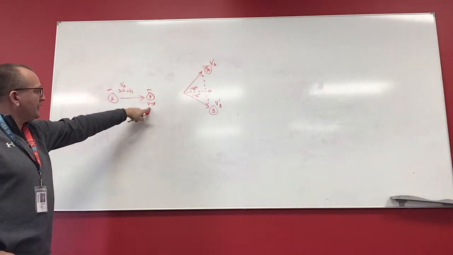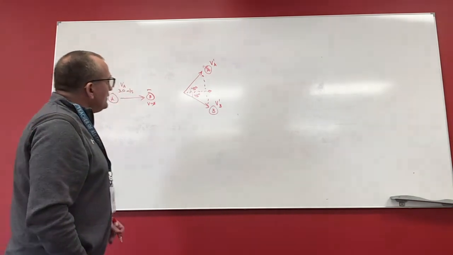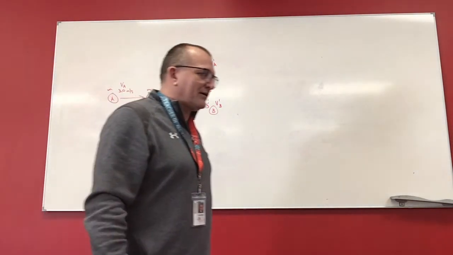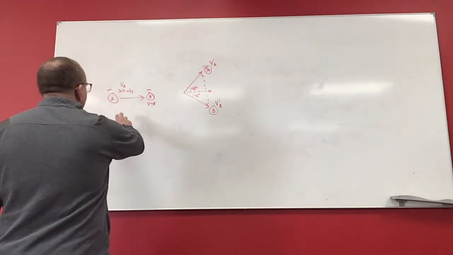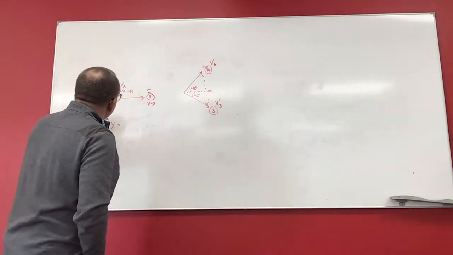Ball A hits a stationary ball B, and then when they hit, they break apart. So once they break apart and go at angles, we have to break things up into X and Y components. So I look at momentum in the x first. So in the x, I have